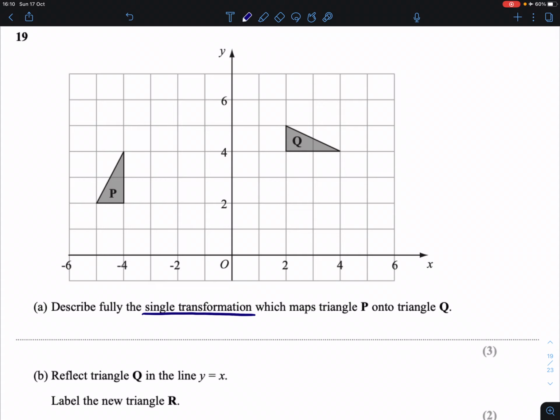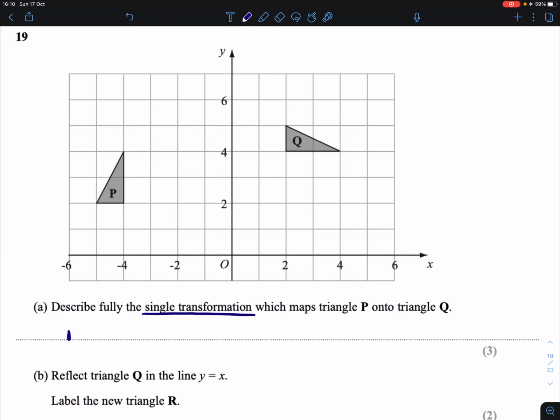So in terms of the transformations that are options, it's clearly not been translated. It's not been moved because this does not look like that. It has not been reflected either. There's no place that I could draw a mirror image and these would look like reflections of one another. So the only other one, there's one other that's obvious that it's not. This is not an enlargement of that one because not only does it not look the same, it's clearly not bigger or smaller. So the only one that's left, and this is the trickiest one to identify, is